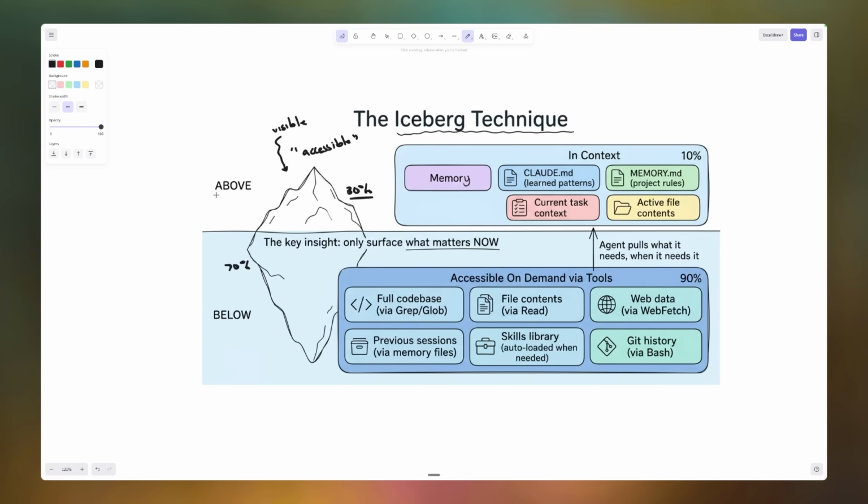And so in the context of our model, what we store above, which is immediately accessible, it's just sort of the stuff that's visible to the plain eye, is we'll store our memory. We'll store our Claude or our agents or our Gemini.md. We'll store our local memory as well. There's different types. There's global, local. We'll store all of the current task context, so everything that our tools are doing, then maybe any active file content, okay? And so all of this stuff here is basically always accessible to us. It's literally just in our prompt.